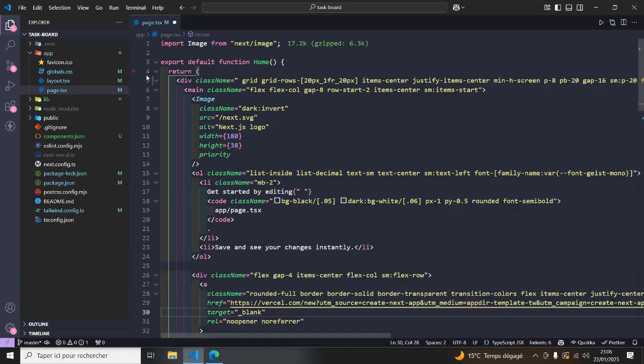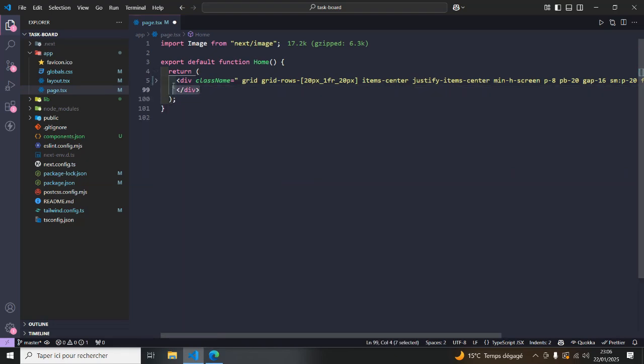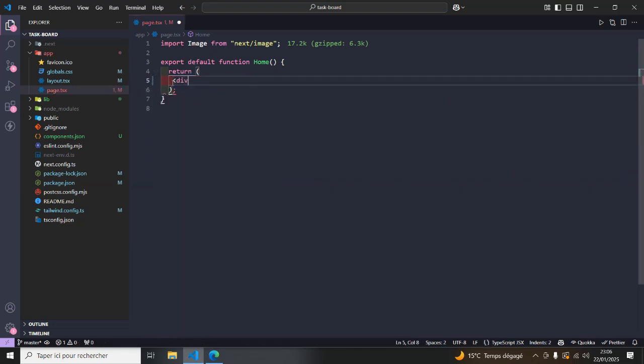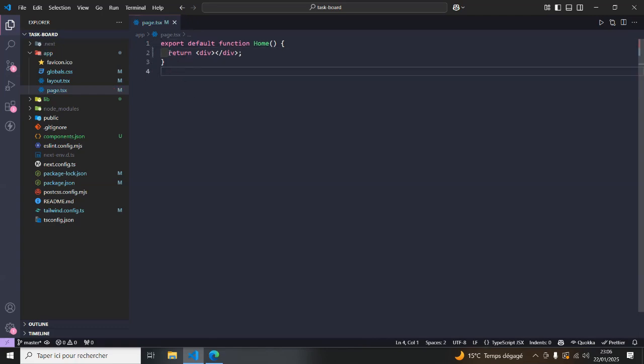Of course, we need to delete all of this code, so we're not going to need it. So we're going to just create an empty div like this, and we're going to get rid of the Image object, which is provided by Next.js to optimize images. So after showing you how to install Next.js, it's very simple. The next thing that I'm going to show you is how to install